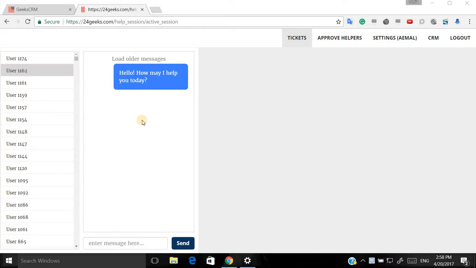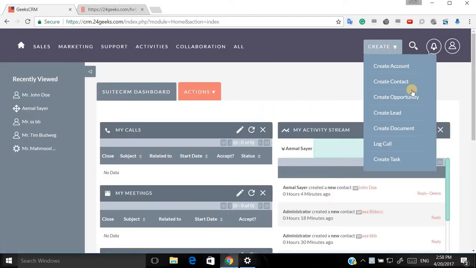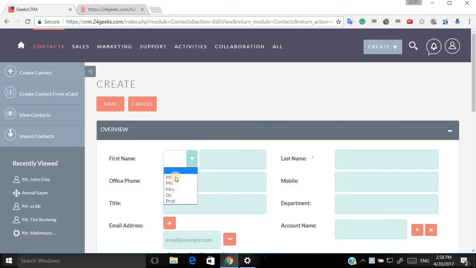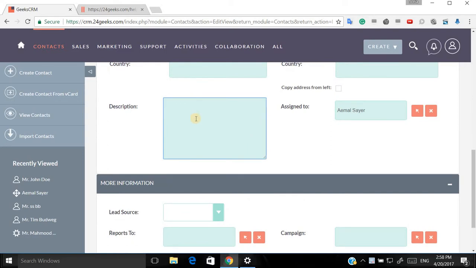So when you receive a ticket on the platform and while processing it, remember this ID, the user ID 1162. Come to crm.24geeks.com and then provide your credentials which you have received and then log in. After that, come to create contact, and then here, for example, John Smith, and then in the description field, put